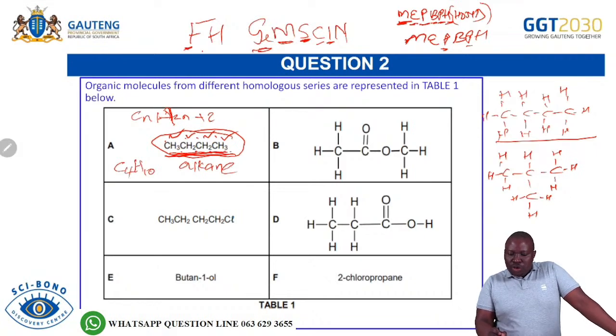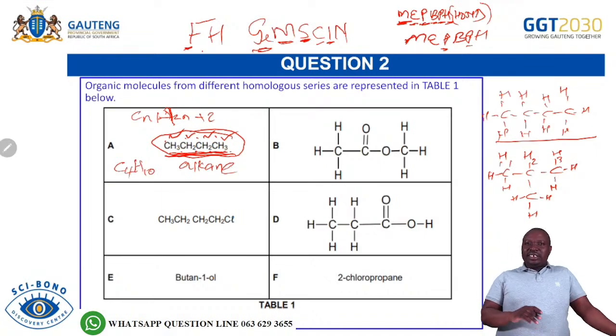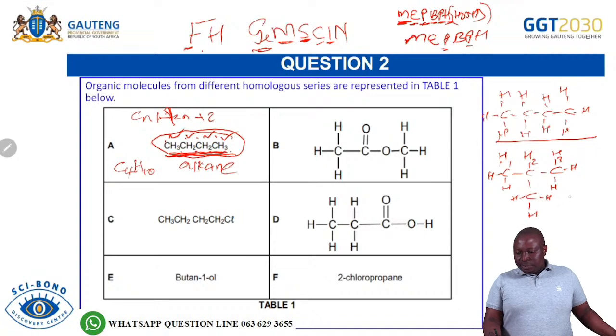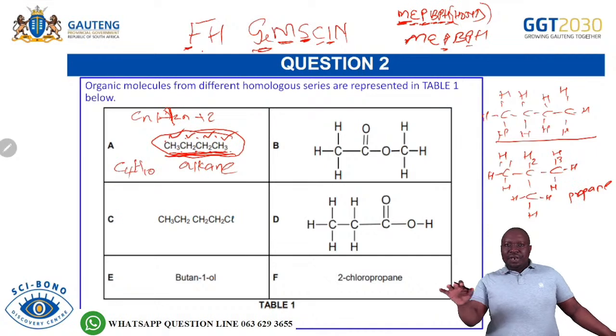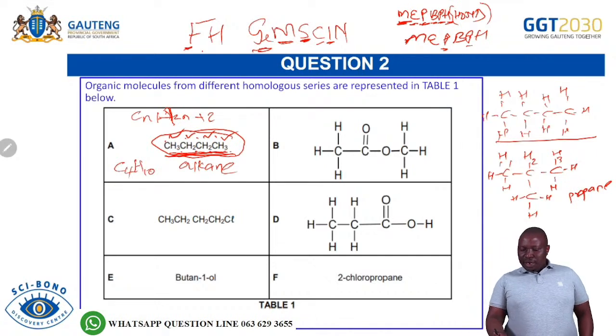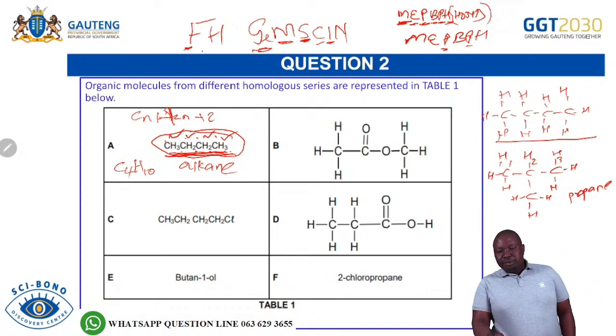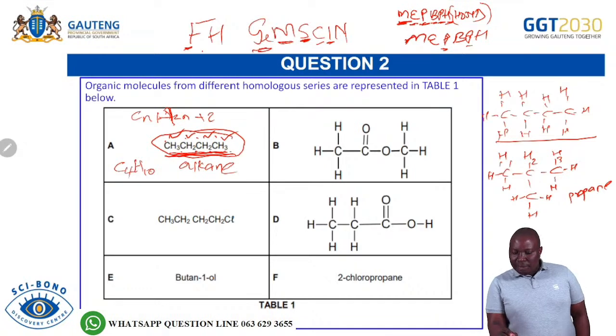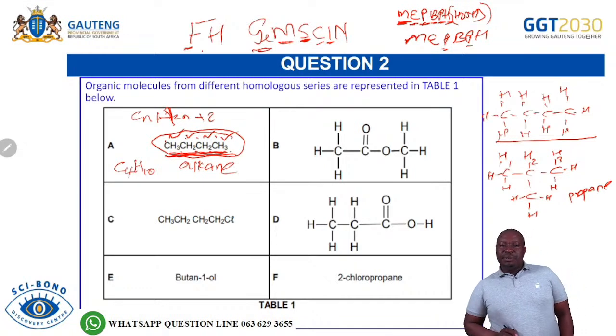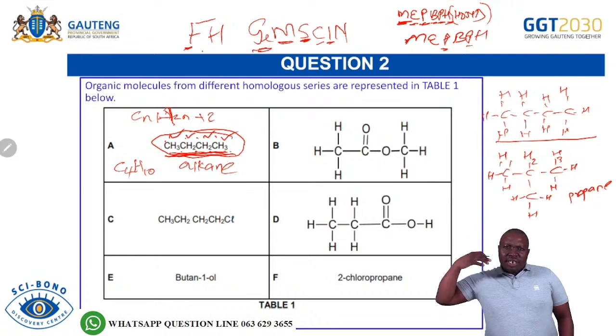What you will do, you will number the longest carbon chain. So this will be 1, 2, 3. So the longest carbon chain is 3. You know 3 we said is prop. So you know they are single bonds only. So you will know that this must be propane, because we have 3 carbons in the longest carbon chain. And then we are able now to say, okay, in carbon number 2, we have a substituent. So that substituent is a meth because it's only 1 carbon. This MAP BPH will help you as well to always remember.